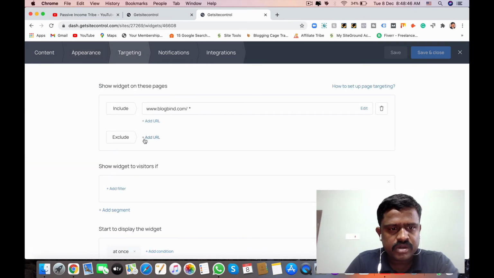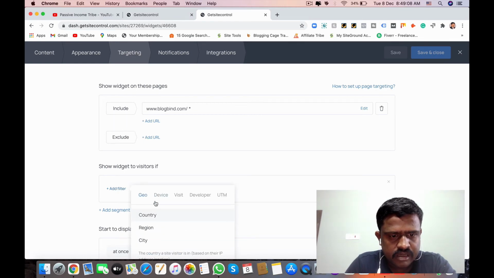In targeting, you can include a URL, basically our URL, and exclude any URL in this main website. For example, the contact us page, you can exclude here. Okay. And show the widget to visitors. Here we have different types of categories.